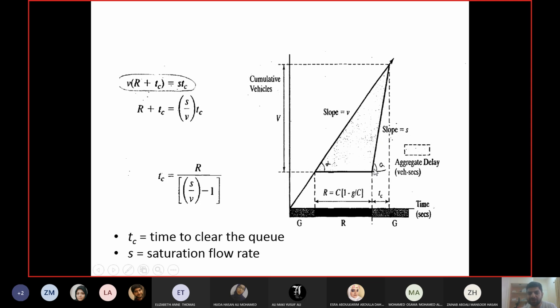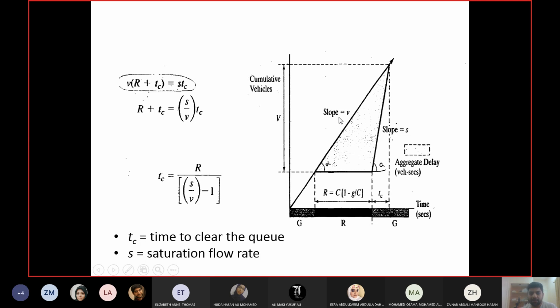So even if somebody comes during time TC, he has to join the queue because there are vehicles in front of him. So anybody who is coming during R or during TC will have to join the queue. And we have already discussed that queue can still be there even if the vehicles are moving. The queue will remain there until all the vehicles in the queue have crossed the stop line. So if you come during that time when vehicles from the previous queue have not crossed the stop line, that means you are part of the same queue now. You cannot move at your own speed. You have to join the queue. So vehicles which are arriving during R and TC with this flow rate will also join the queue.